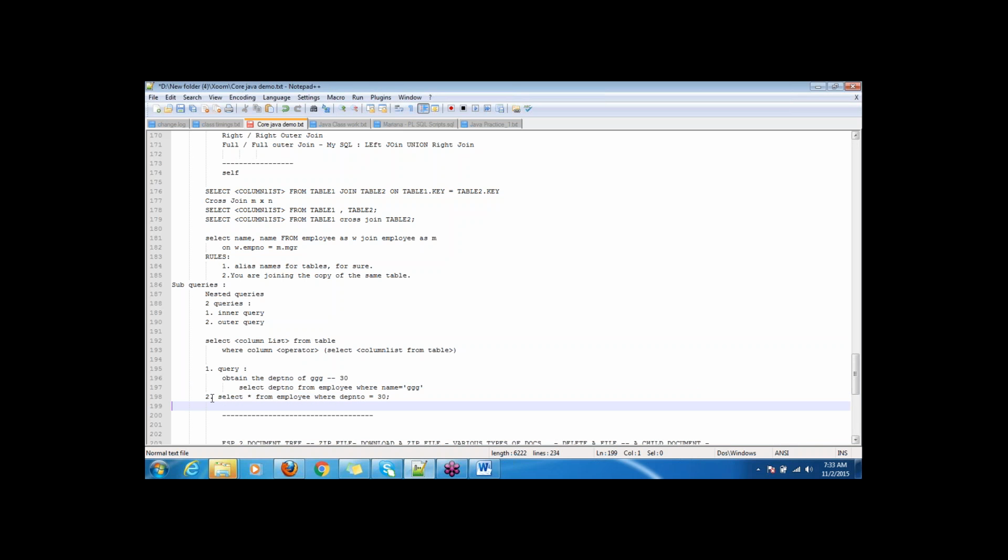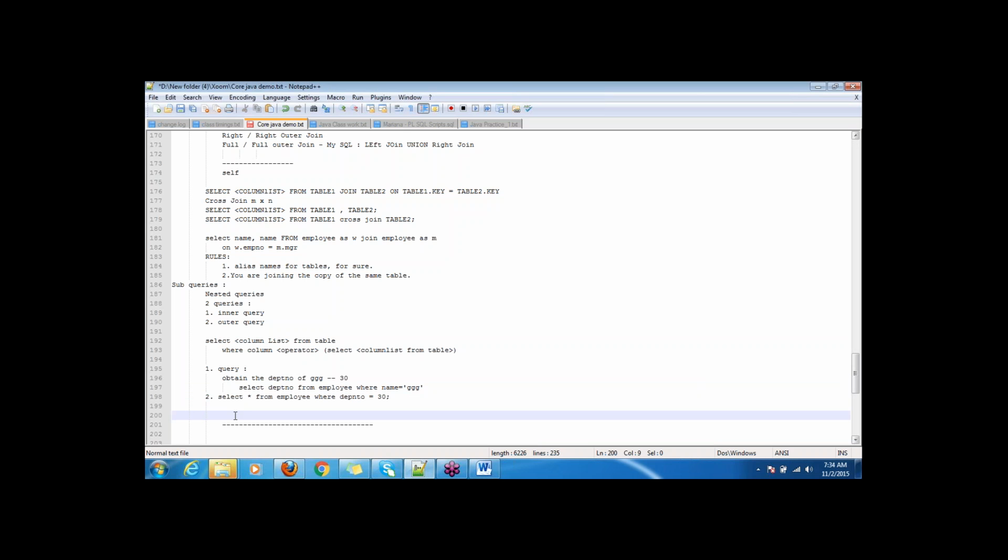So to display employees who belong to GGG's department, you are writing two queries: one to obtain GGG's department number, and then a select operation using that department number. These two queries can be clubbed into one. How? Like this: this 30 is now replaced with the department